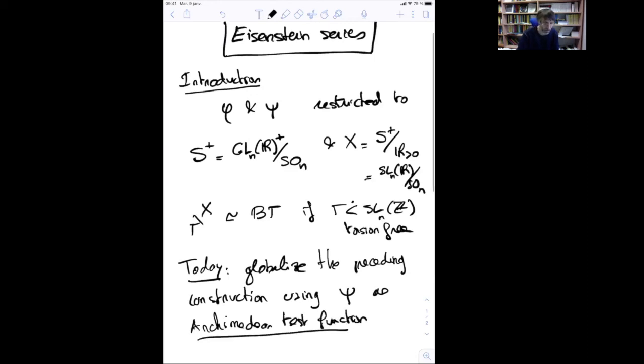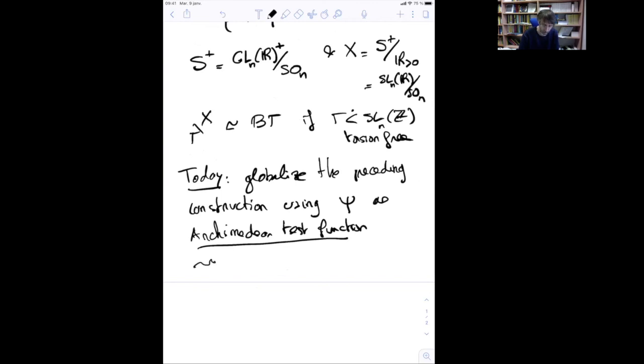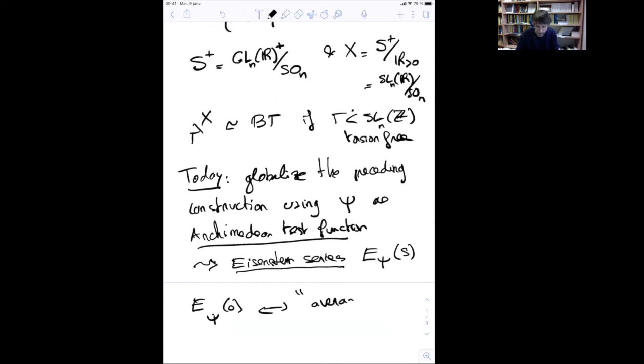I will explain what it means, and this gives an Eisenstein series which I will denote I psi S. So it depends on a complex parameter S, and the value at 0, you should think of it as an average of eta by a lattice,